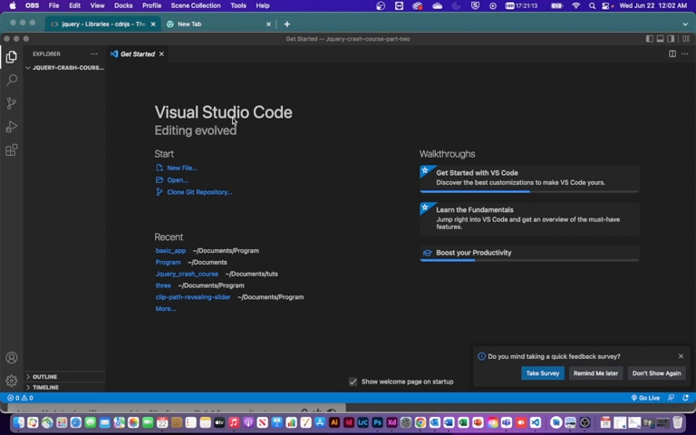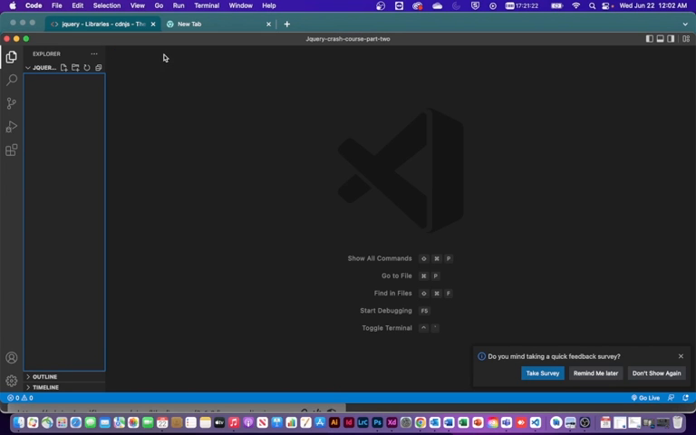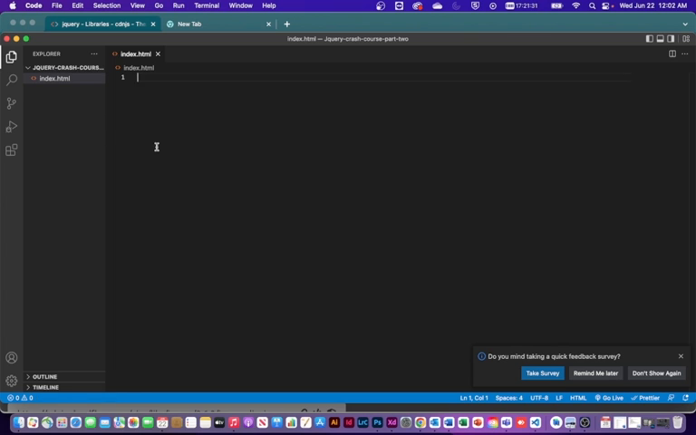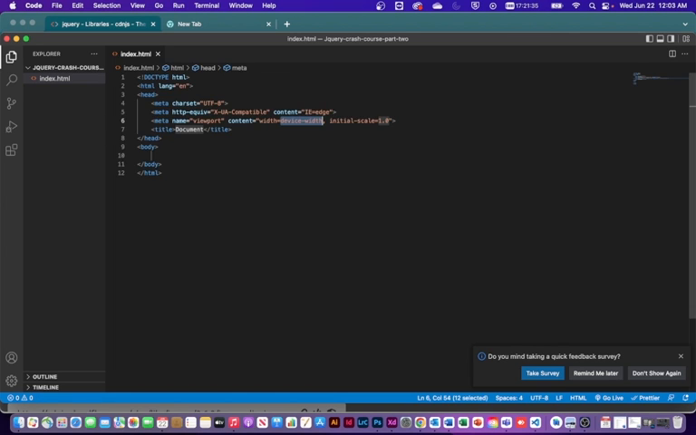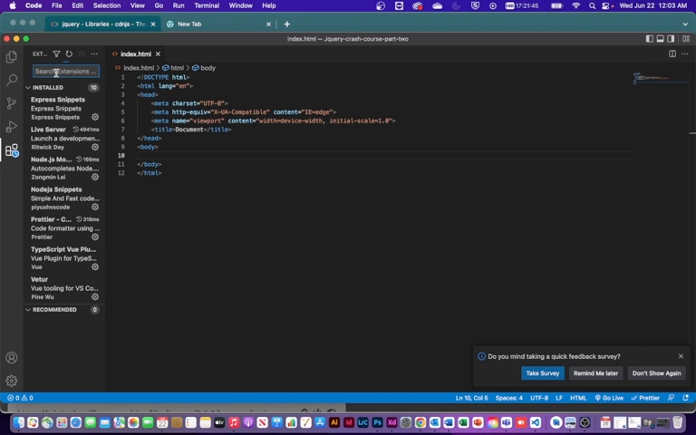So I told you in the previous video, to get started you need an index file, which is a normal HTML file that we are creating right now, dot HTML. And then I'm just going to make use of the boilerplate. If you don't know how I arrived at this shorthand code, you just go to extensions and search for